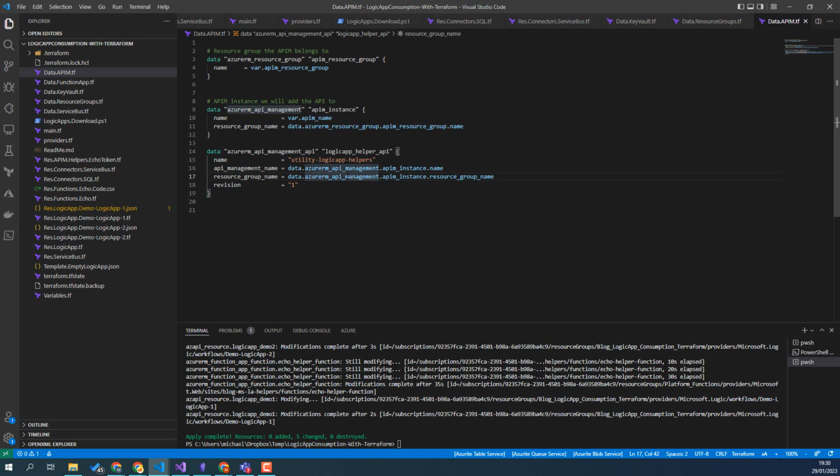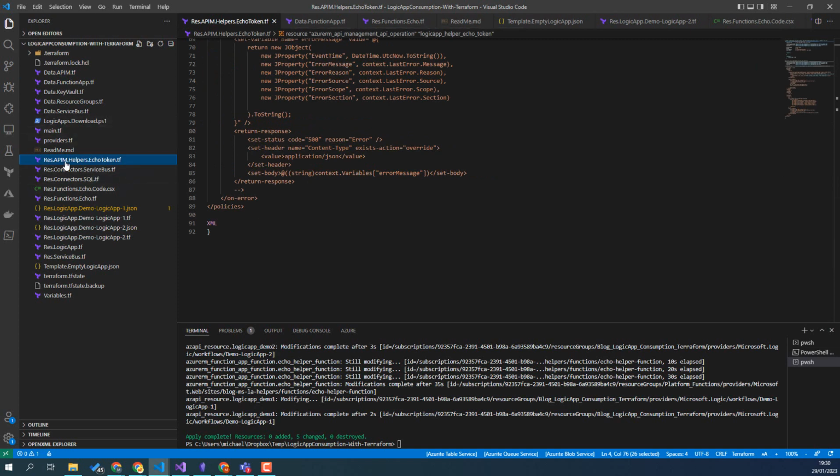Now, imagine in consumption, I might have 10 or 15 different logic app solutions. Occasionally, I might want a helper API for that logic app that does something that only that logic app needs. So you've got two approaches here. You can have a centralized solution for that API, and you can go and add to it, deploy it, and then reference it. Or the other option that I'm doing here is